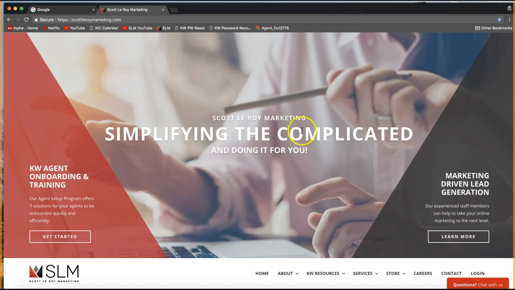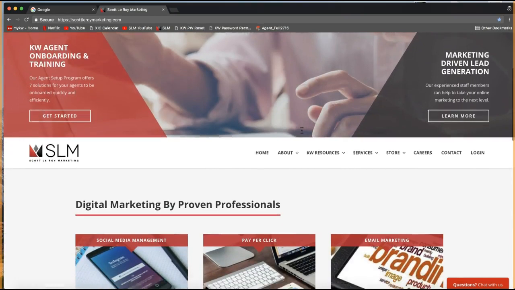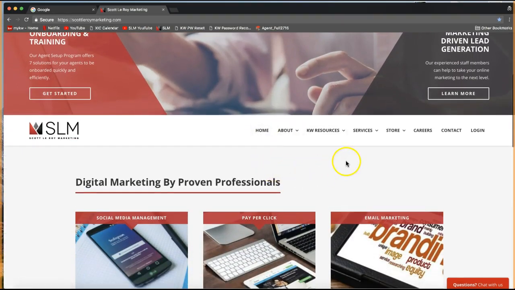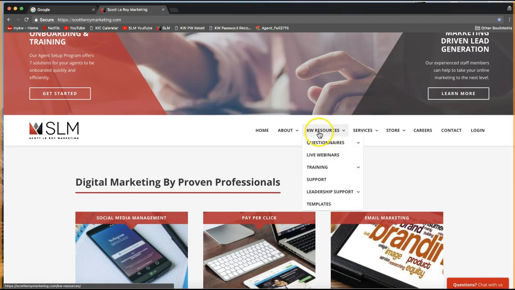And we'll want to scroll down slightly until we see this white toolbar going across the screen here. All right, so anytime you come to our website, you'll really want to focus on this white toolbar and specifically this KW Resources tab. As KW agents, this KW Resources tab here is your best friend when it comes